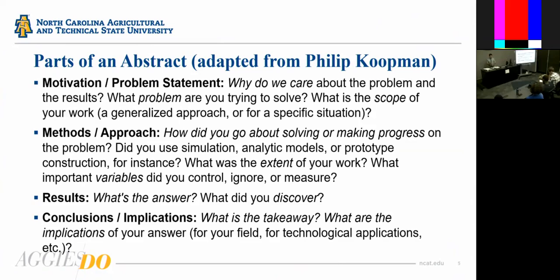And what you might do, if you want to keep it really simple, is use this as a kind of checklist. You can say to yourself, okay, I need to write an abstract. I know I have 150 words. I'm going to write 1 or 2 sentences on the motivation and problem area. I'm going to write 1 or 2 sentences summarizing what I did, 1 or 2 sentences on results, 1 sentence on conclusion and implications. And that's really it. That's all you have space for. But if you omit any of these pieces, it'll weaken your abstract. Your abstract will not have everything it needs to get the points across to your academic community.